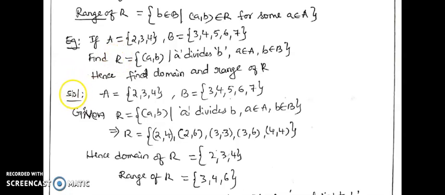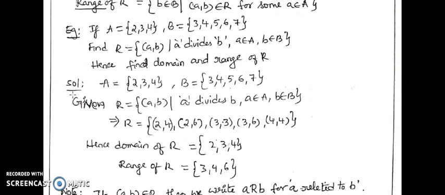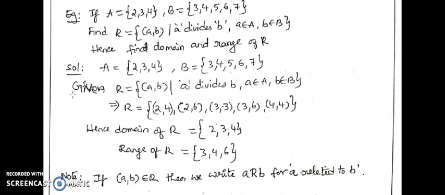Because the relation R is defined as whenever a divides b with a belonging to A and b belonging to B, (a, b) should be an element of R. We start collecting the elements of the relation in this way. We choose the first element 2 of the first set A. Then we choose the different elements of the set B. Suppose we consider the pair (2, 3). Because 2 does not divide 3, it does not satisfy the rule of the relation. Therefore, we say the pair (2, 3) does not belong to the relation.